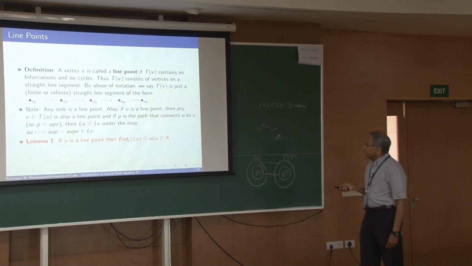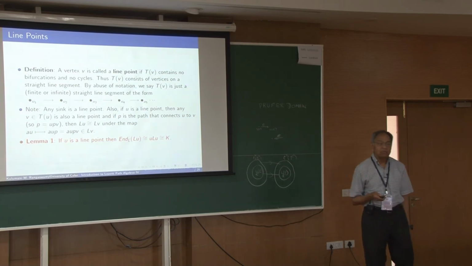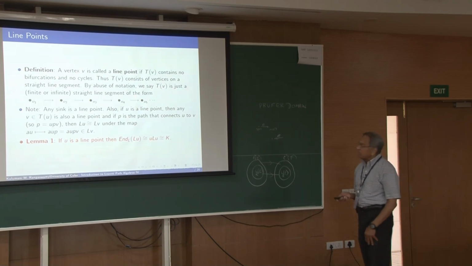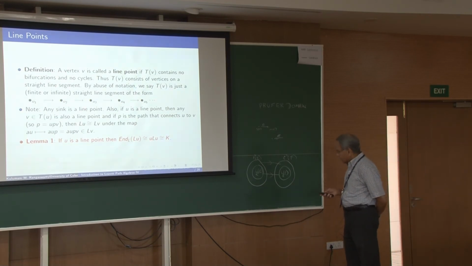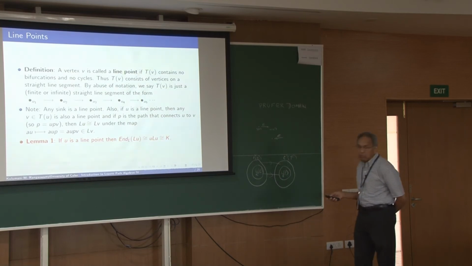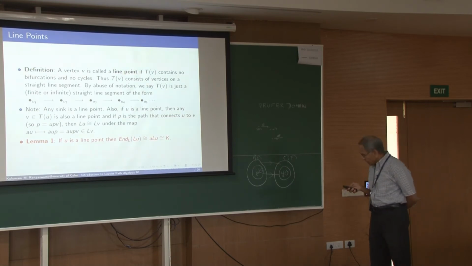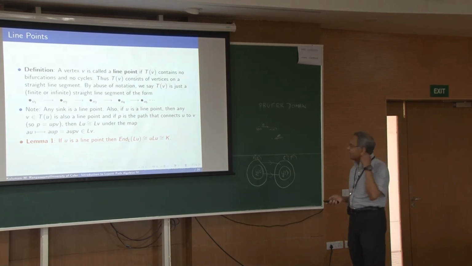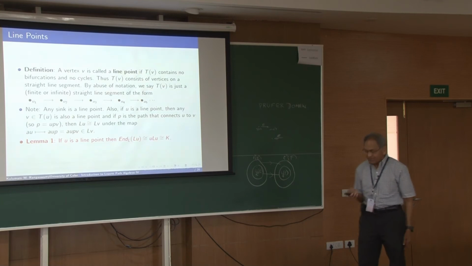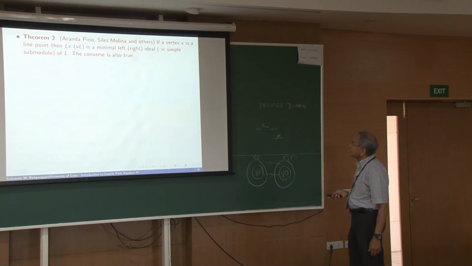And one nice property about a line point is, if you look at the endomorphism ring of the left ideal generated by it. Of course, this gives an idempotent, so this isomorphism is well known in any ring. It will be simply isomorphic to the corner ULU, but in this case, because it's a line point, it is simply isomorphic to the field K there. You can kind of guess already, some of you know Schur's lemma, which implies a simple left ideal there. That's what we are heading towards here. So the theorem